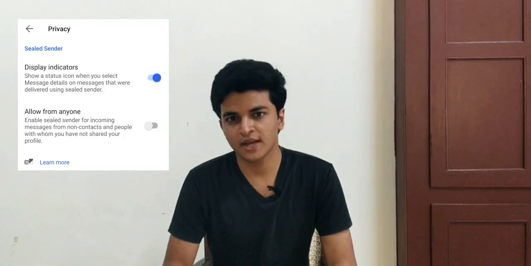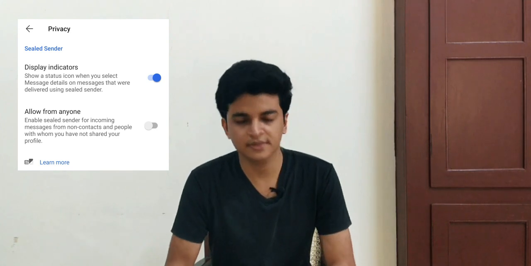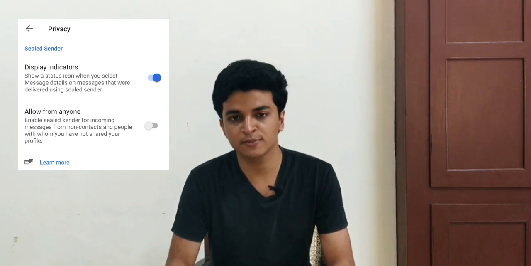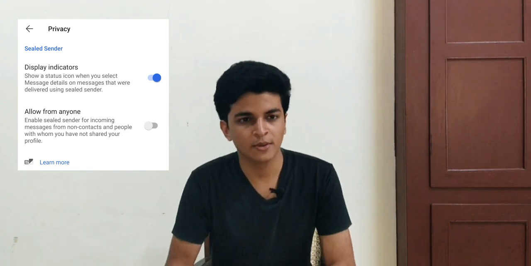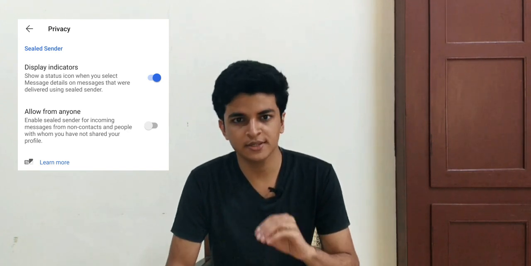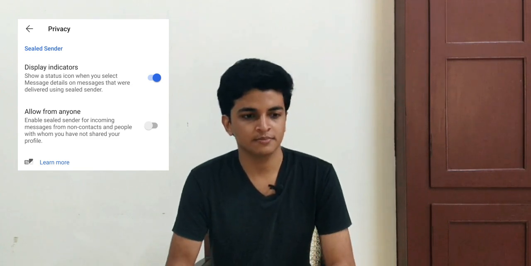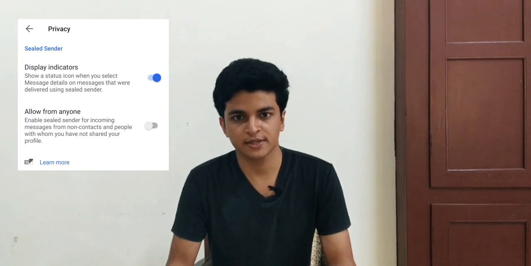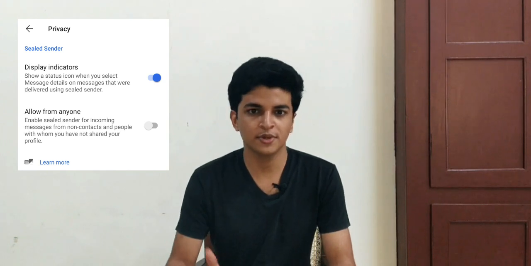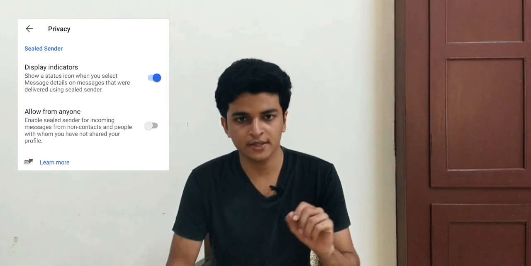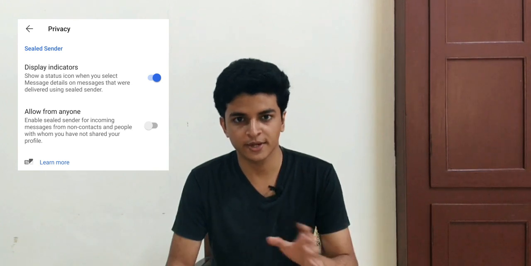Sealed sender. I think this is one of the best privacy settings Signal has got, even when we compare it with its competitors. I will try to explain this with an example, to make it easier. Whenever you are chatting with someone on Signal, the messages are always end-to-end encrypted. It's like you are writing a letter to your friend.